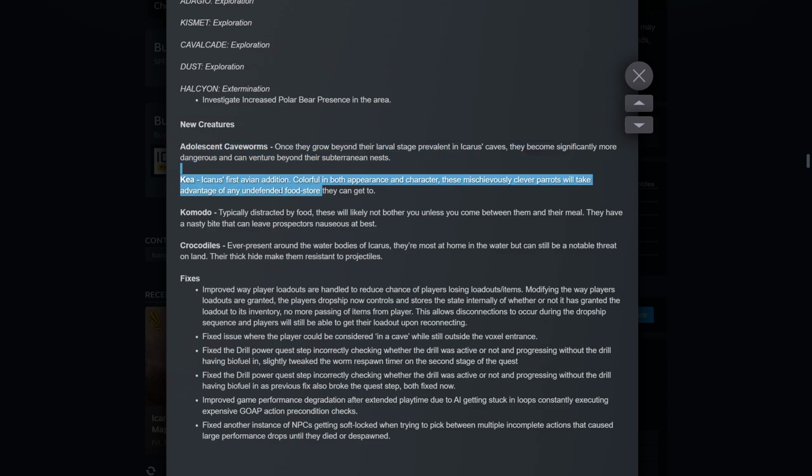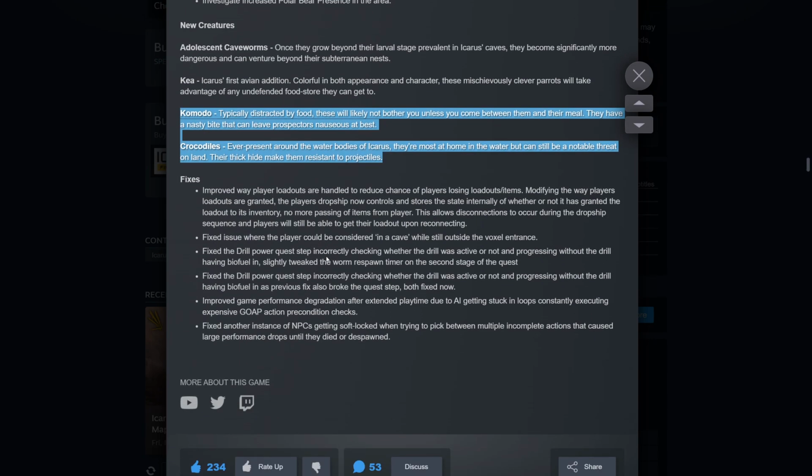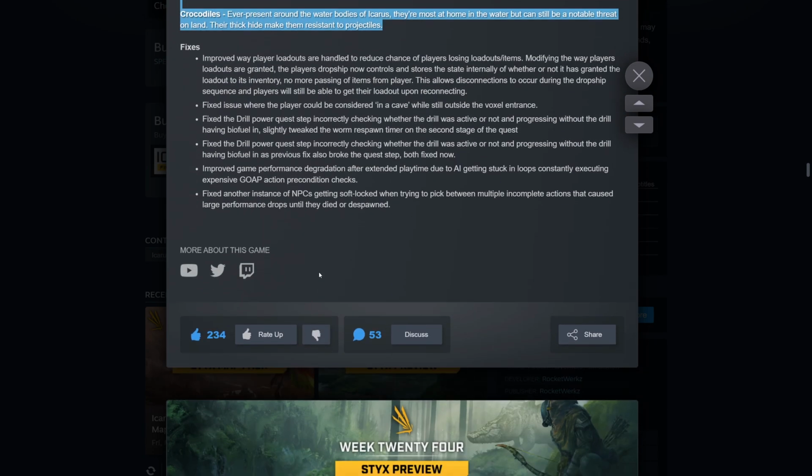The rest of these I don't really care for. Like I said, the Kea is kind of cool. I just don't know how well it's going to fit into the biome, and I already know these don't fit in well. It's just going to feel weird seeing them next to deer. Well, except for the crocodiles. I mean, that makes sense next to deer, but...